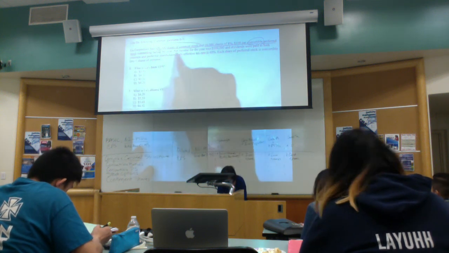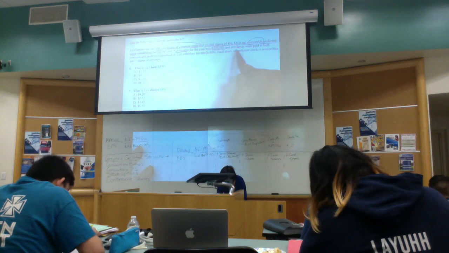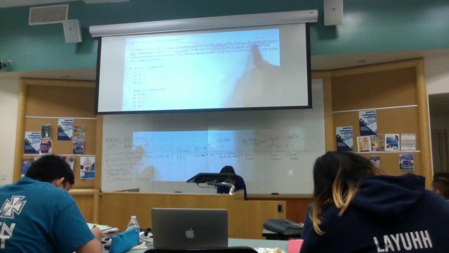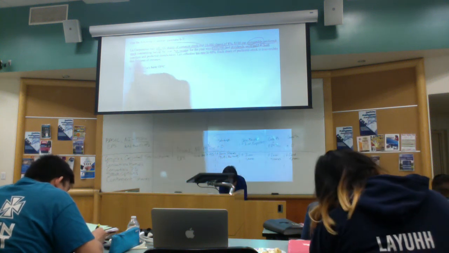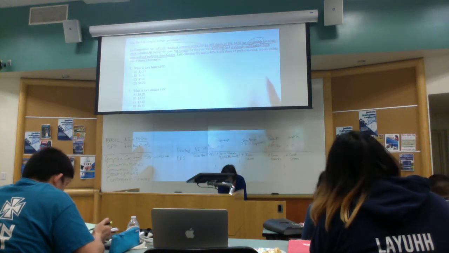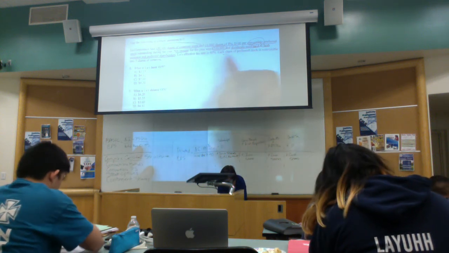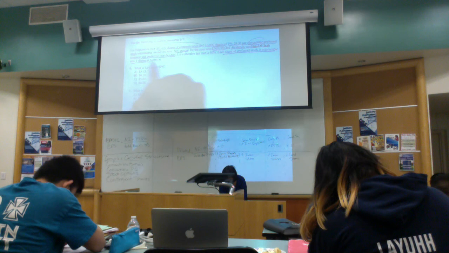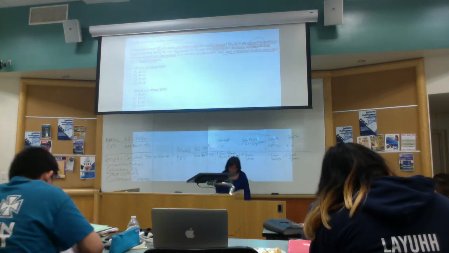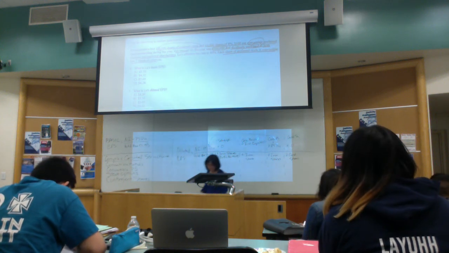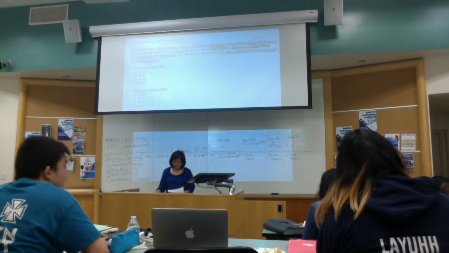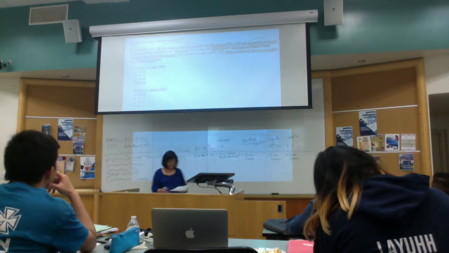Net income was 500,000. Dividends were paid to both the common stock and preferred stock. Each preferred stock is convertible into 5 shares of common. All right, so in this case I'm going to use